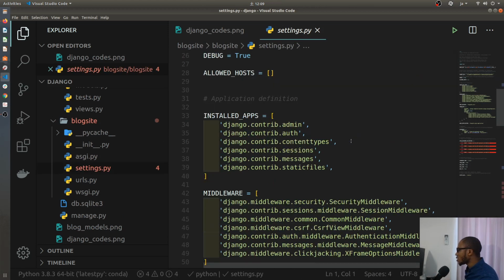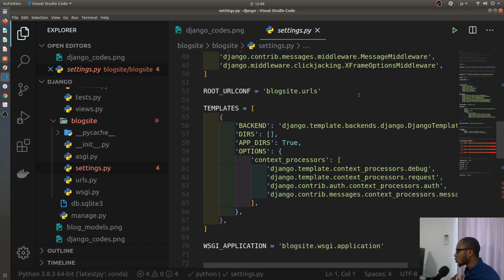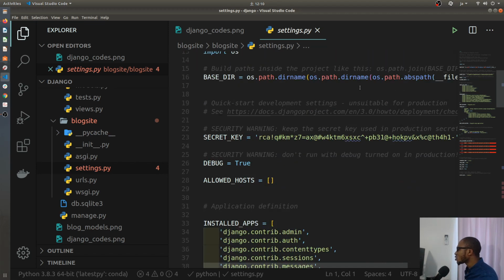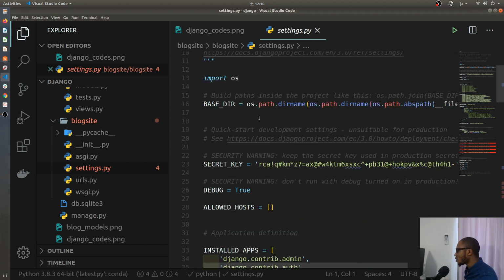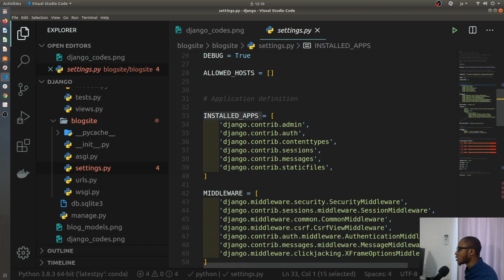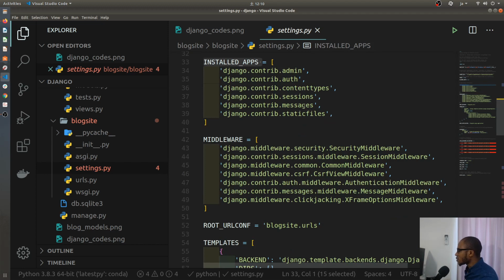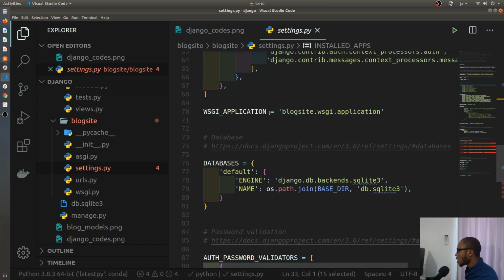And what you see here is basically all the settings involved in your Django environment. There's a lot of things that you can change here, but right now I don't really want to go into this. As we go on, you will start understanding what each part of this settings file stands for. But it's good to just look through and see the different parts: base directory, installed apps. You really want to look into installed apps. These are the apps that have already been installed, default apps that Django installs for you. And these are templates. We'll talk about templates later, and other applications and